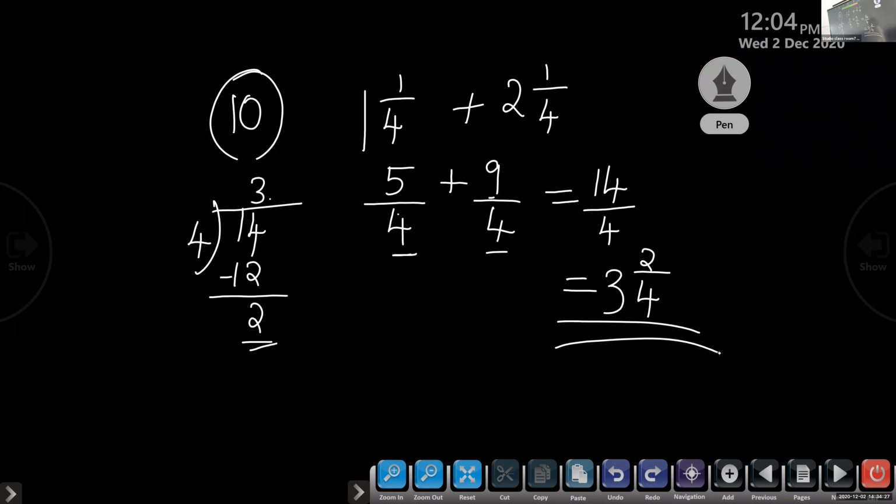Ma'am, we should write this step. We had to write the step, because here it is a very short answer, children. Make small steps. We can write everything in one step. I think we have two lines. So the first step you can write this much: 5 by 4 plus 9 by 4. Then can I start doing other questions? 1 by 4 plus 2 1 by 4 equal to 5 by 4 plus 9 by 4. If you have place, you can write like that. Yes, children, you can do the next question.